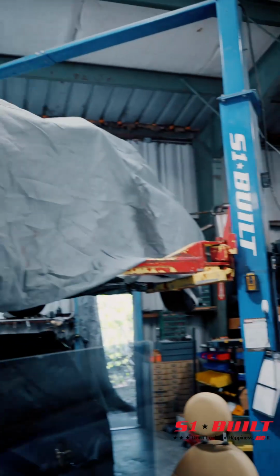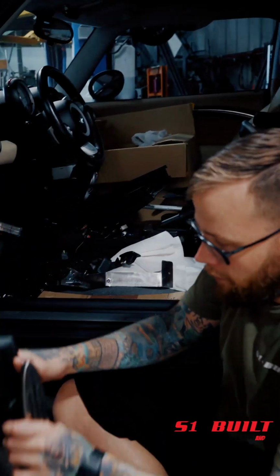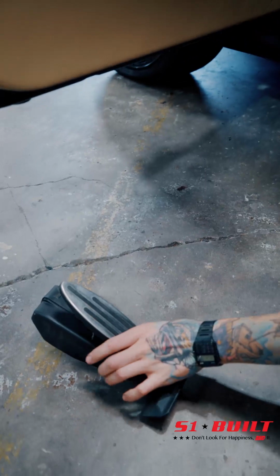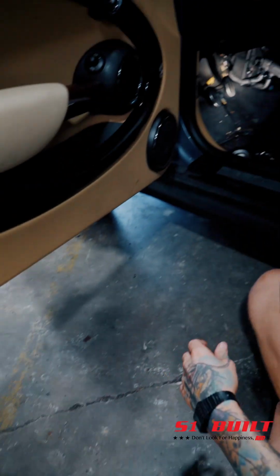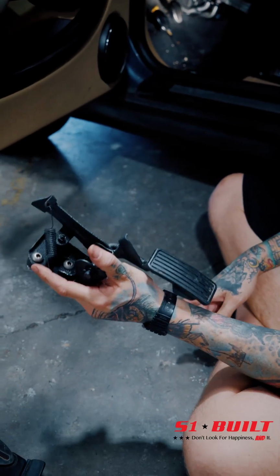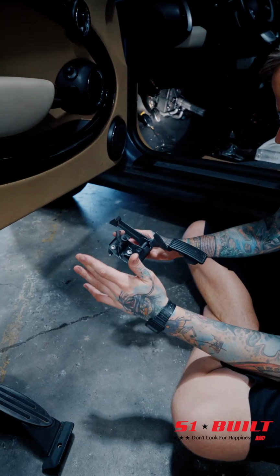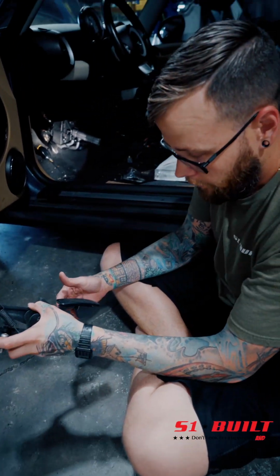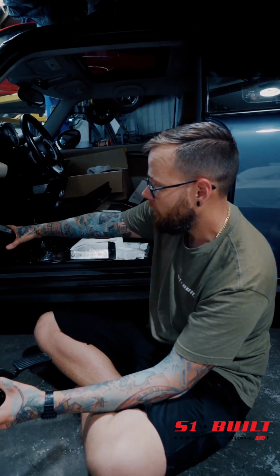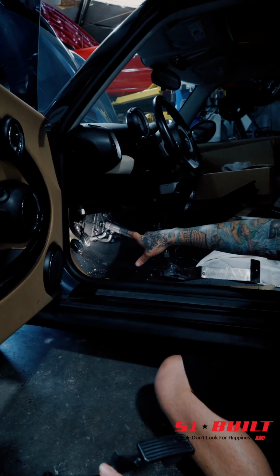Basically, what we have to do is adapt the factory pedal on this, which is basically like a drive-by-wire setup. We have to adapt that to a throttle pedal that's able to use an actual cable. So this was actually off of a Civic complete pedal assembly. So I had to cut this down and then also shorten the length of the arm so that when it's bolted in place that it actually lines up with the factory brake as well as the clutch pedal that are